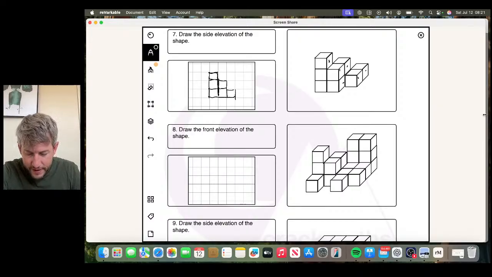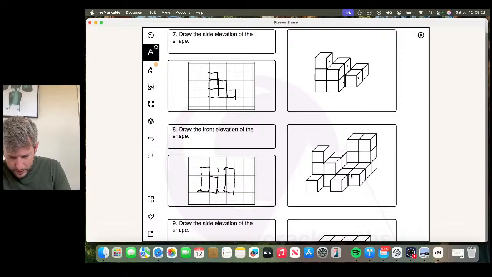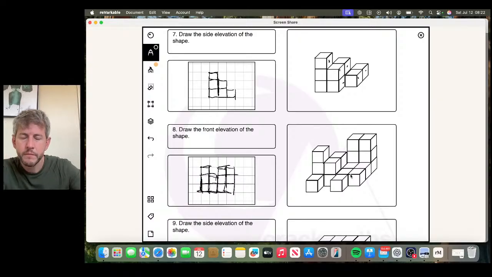Draw the front elevation of the shape. Okay, so we've got 3 squares here. Okay, and then we've got 2 squares. Then we've got 3. And then we've got 3 again. So here we go. That's the shape that we draw. Sorry, our shape's so bad. That's what we'll do. I'm going to draw each individual square. Okay. And then